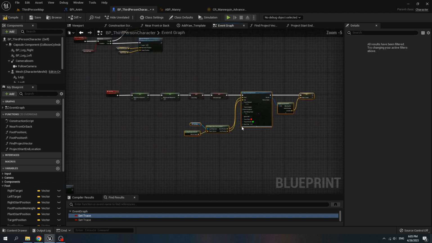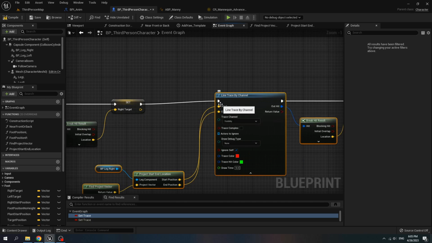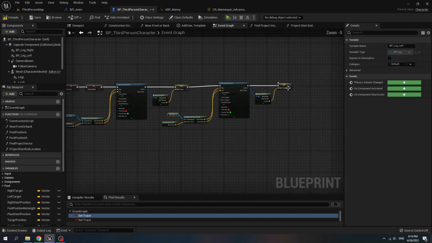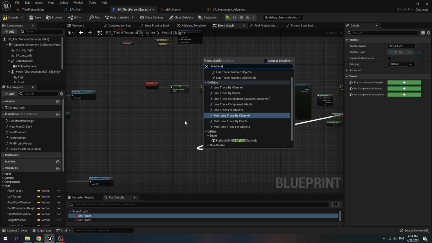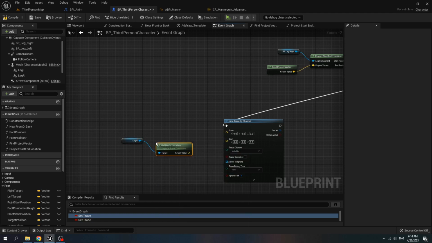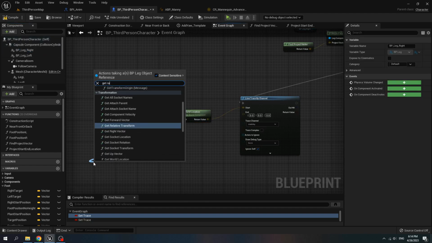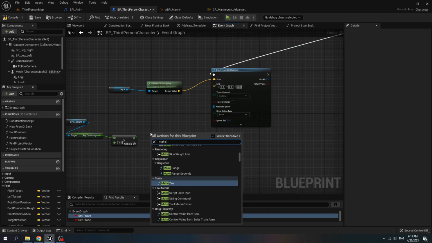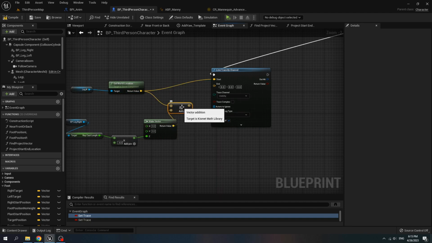Copy this line trace, paste it, get leg left and connect it to leg component, and then call line trace by channel, get leg off, get world location and connect it to start, get BP leg right, get ray cast length, multiply it by -4, make vector, connect it to z, get world location, add it with the vector, connect it to add.